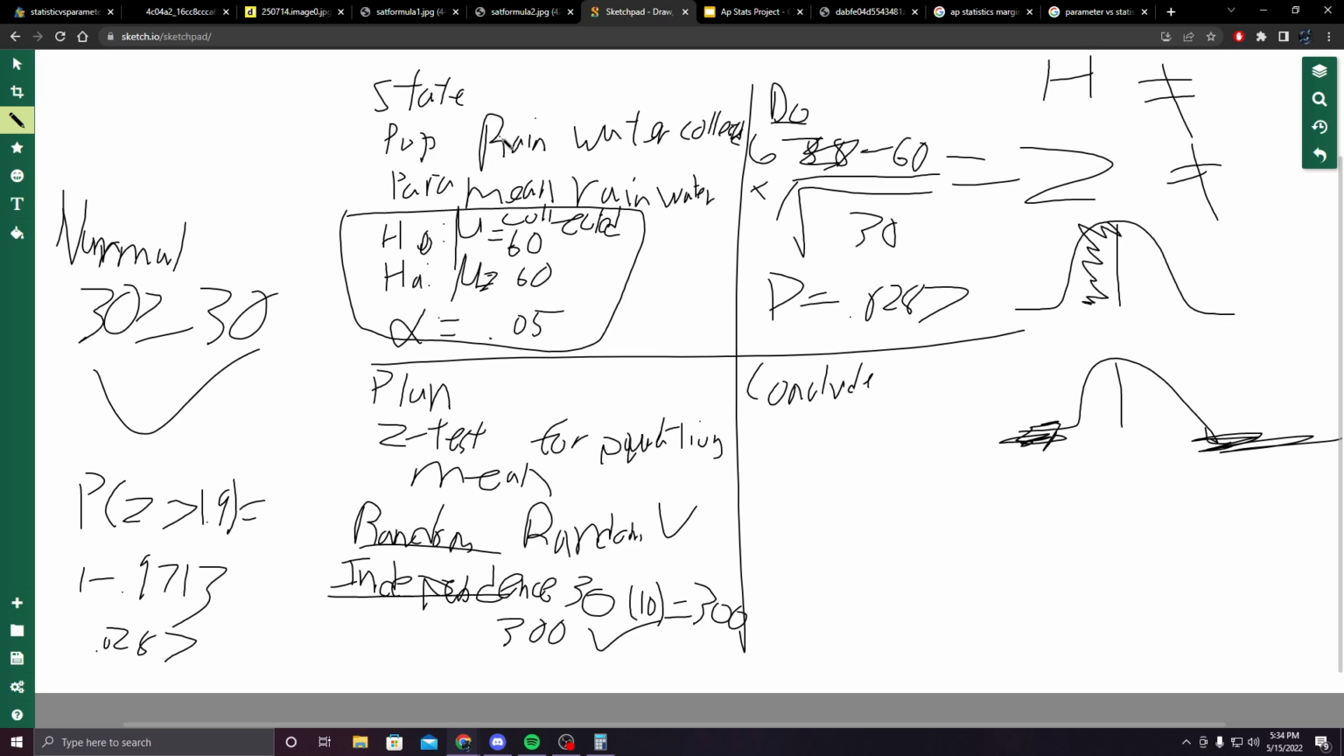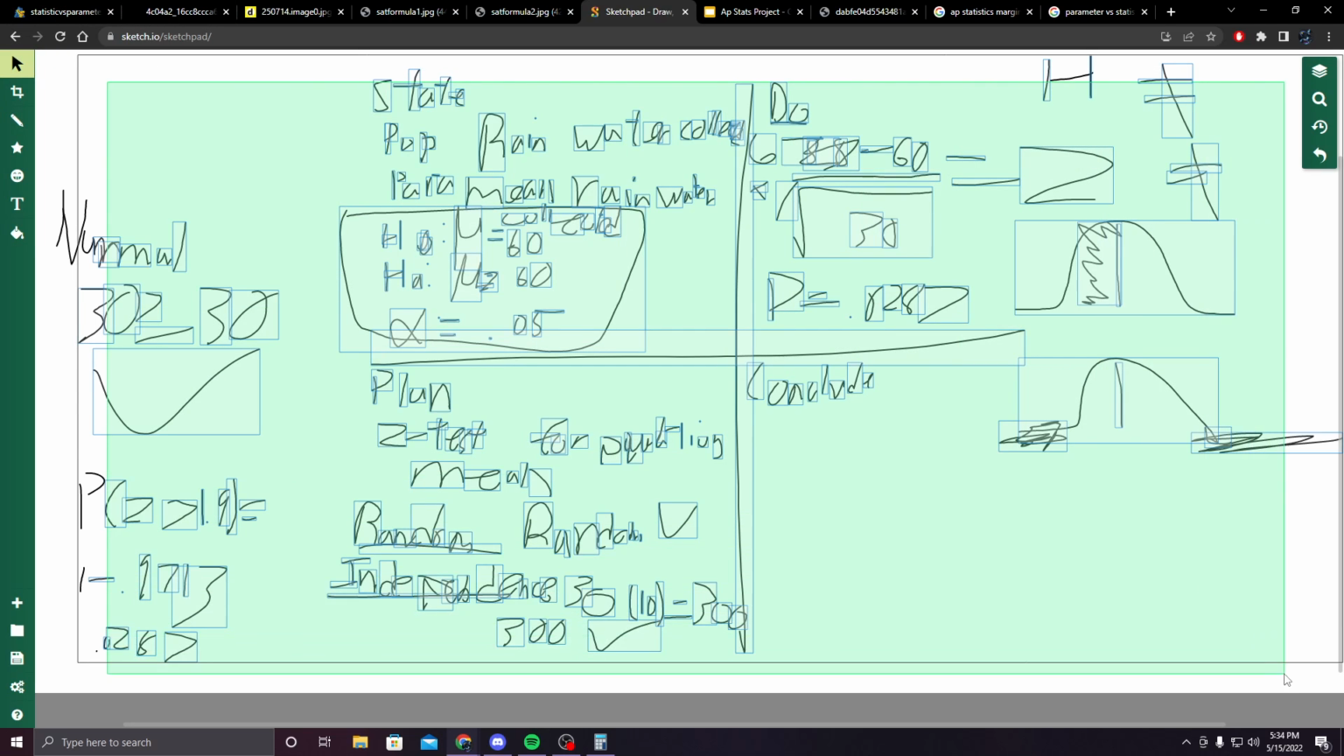Now for T procedures, you need to find the degrees of freedom in order to find your confidence interval. Now, your degrees of freedom for your T interval,